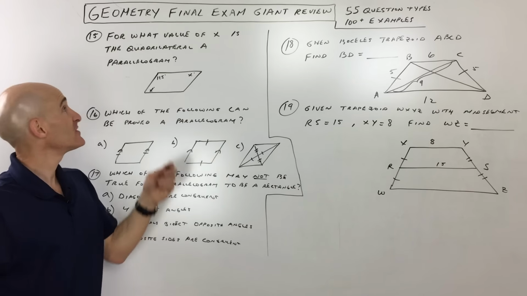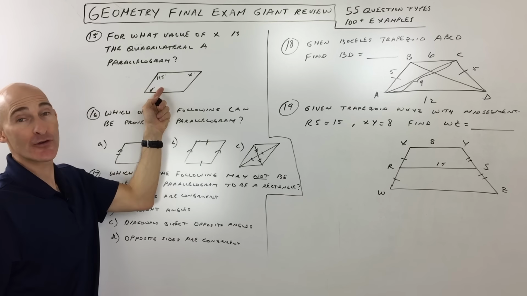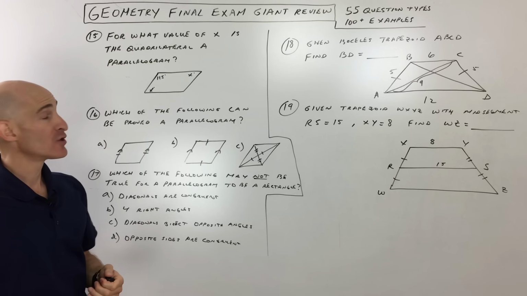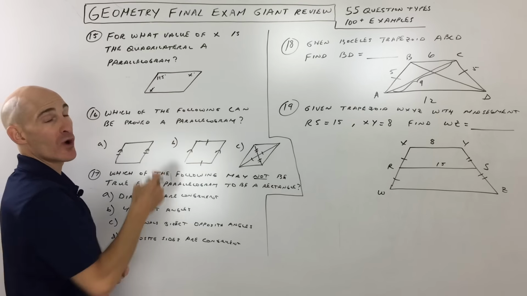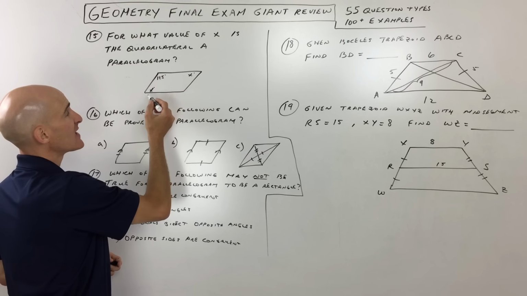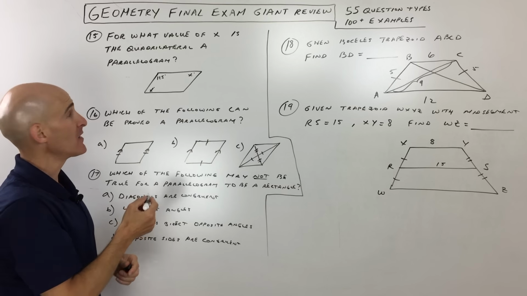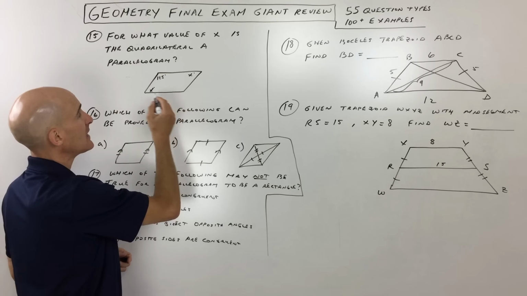Okay, question number 15. It says, for what value of x is the quadrilateral a parallelogram? So remember, one of the properties of parallelograms is that you want the consecutive angles, meaning the ones right next to each other, one after another, not the opposite angles, but the ones next to each other. You want those to be supplementary. So in this case, you can see 115 plus x has to add up to 180, which means that x